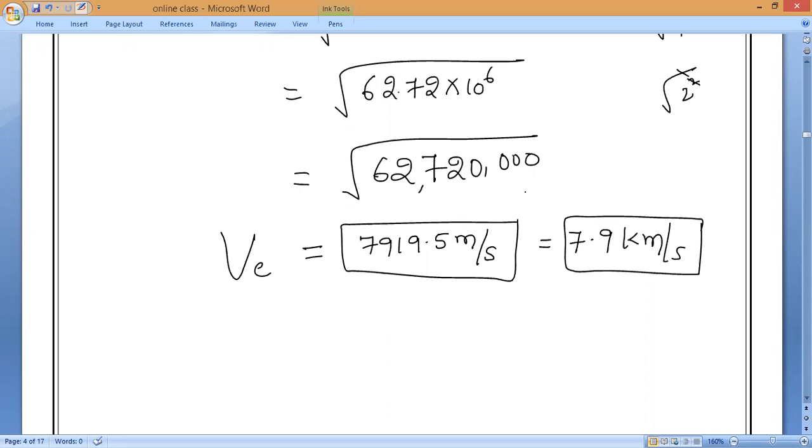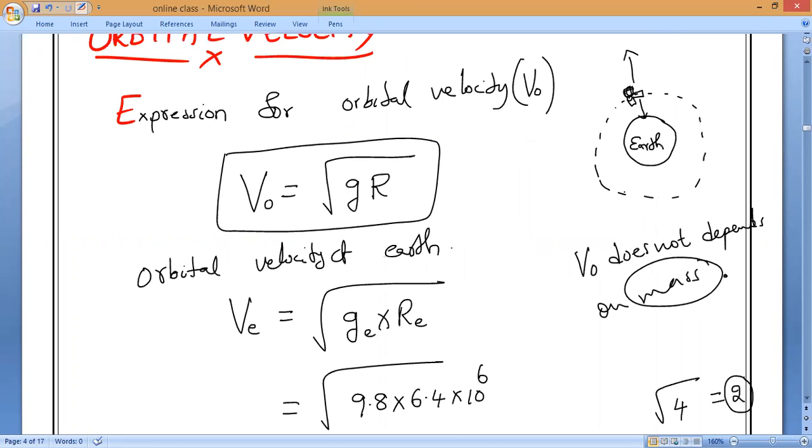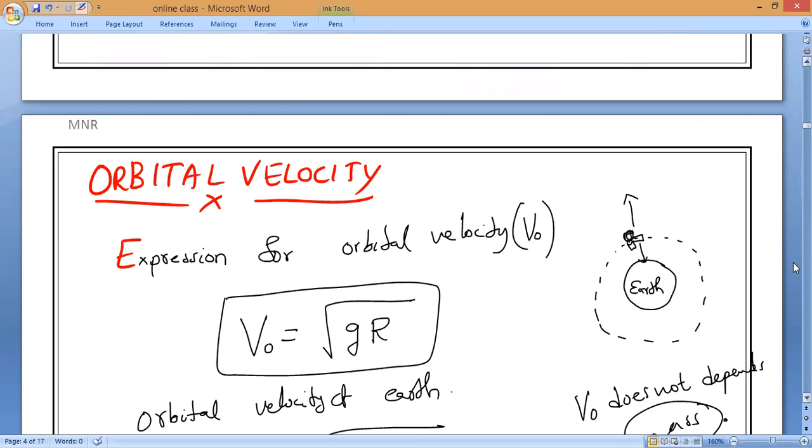Yes, all of you see that. I'll substitute the value into the root value of this one. So you'll get the value 7,919.5 meters per second, which is approximately equal to how much? 7.9 kilometers per second. So if I want to launch a satellite to rotate around the earth,